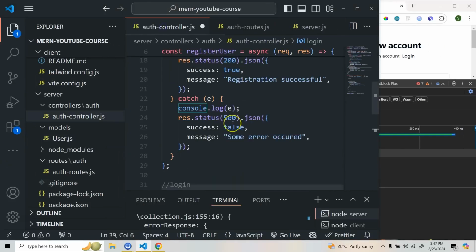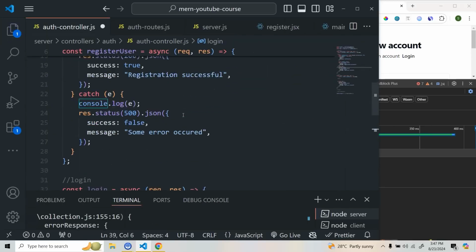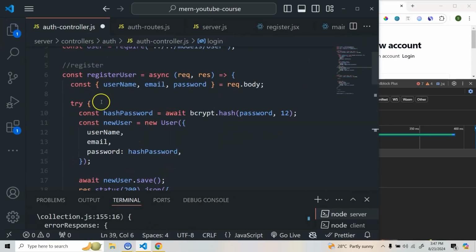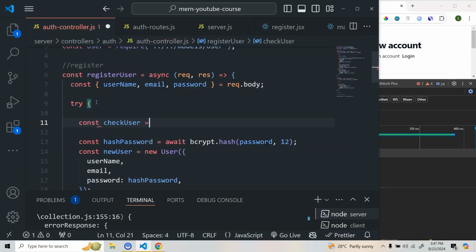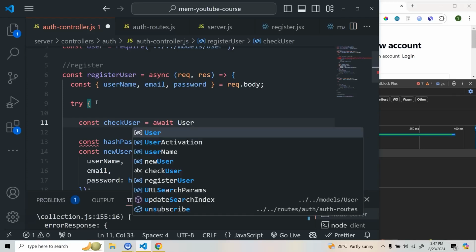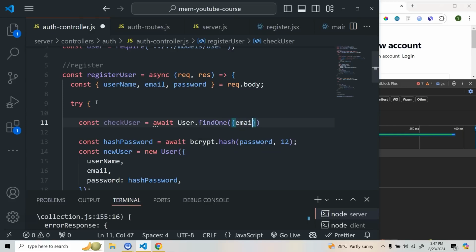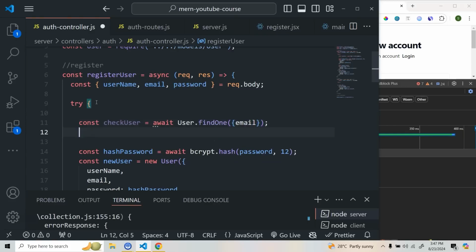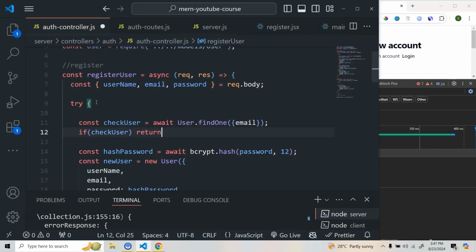Or else there is another way that we can do. Simply let's do it. Actually, I think that will be better. So what we can do, simply we can check here when we are hashing before this. So we'll do const check user, and here we are going to do await, then we are having user, and then we are going to do find one, and we're going to pass this email. So if this check user is true, that means this user already exists. So we are going to return